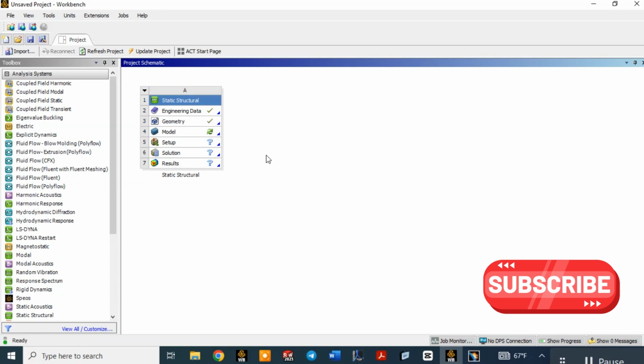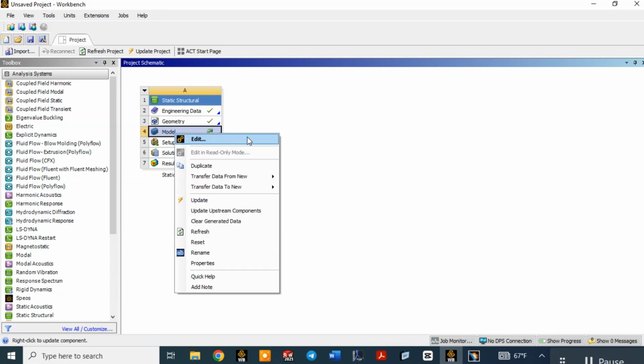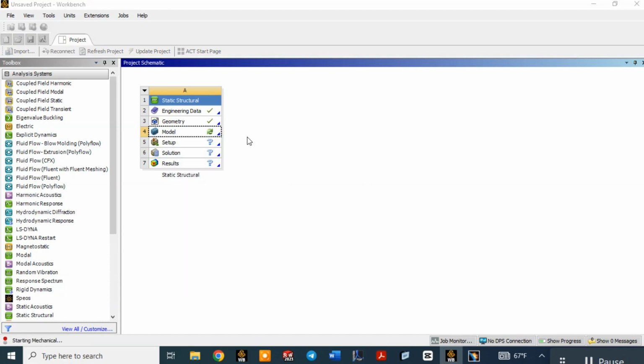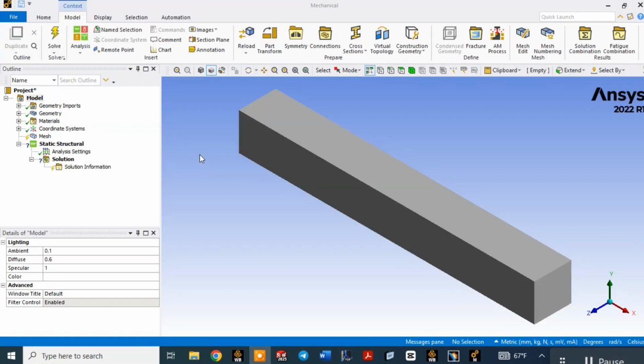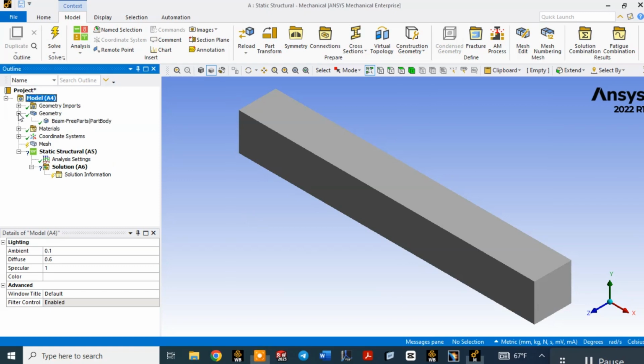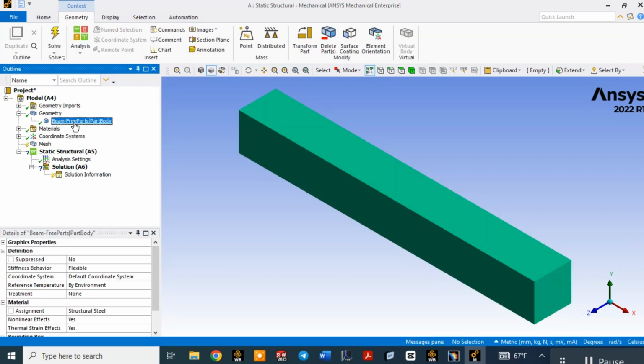So the next step that you have to do is you have to open the model section. So right click on it and just click on edit. It's gonna take a few seconds to open, so you have to wait. So as you can see, the model workspace is already opened, and then our beam is now. You can go to geometry over here, and then if I just click on the beam over here, so on this box, look, all the basic information about the respective beam is given